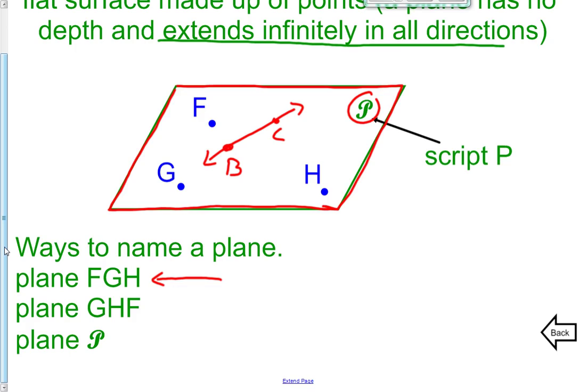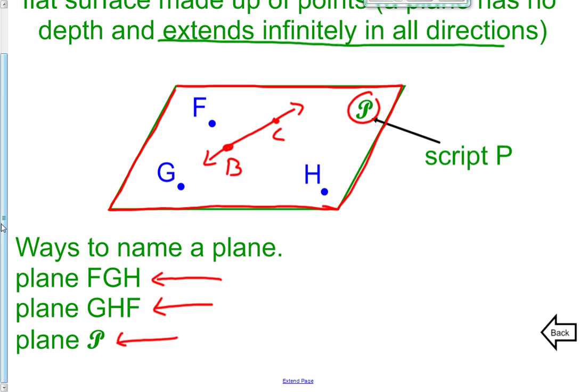3 points that lie on that plane. And those three letters could be in any different order. F, G, H, GHF, FHG, HGF. You could label those three letters in any order as long as those three letters lie on the plane. Another way that we could label it is this plane, this script P, or sometimes I think of